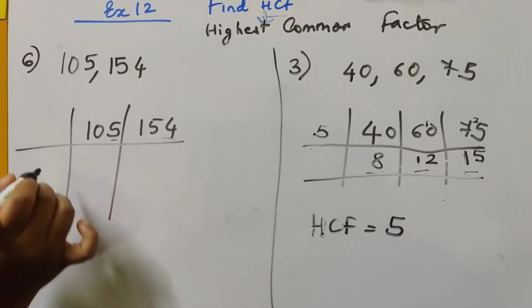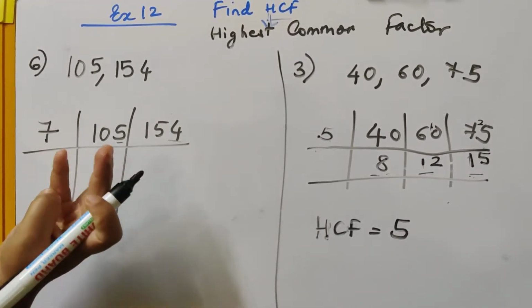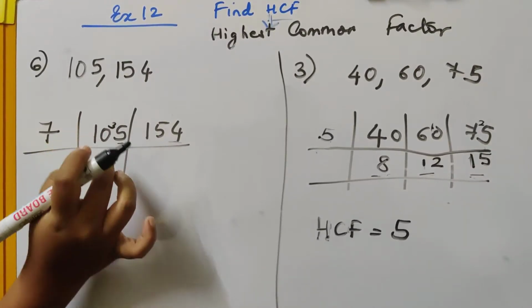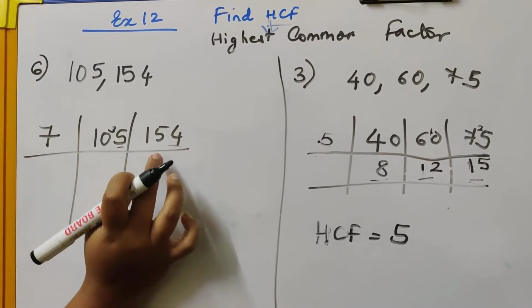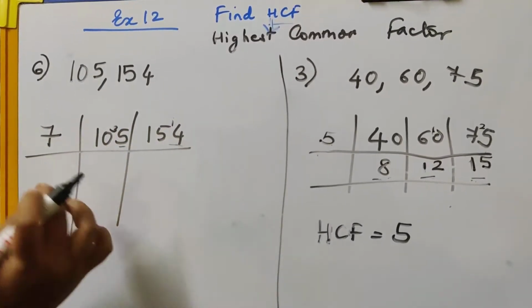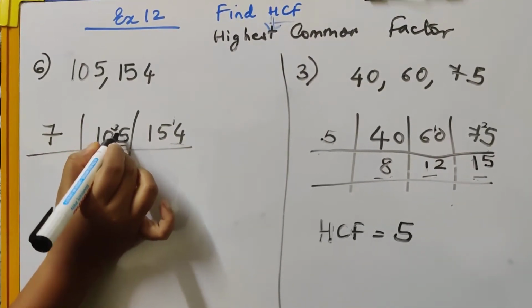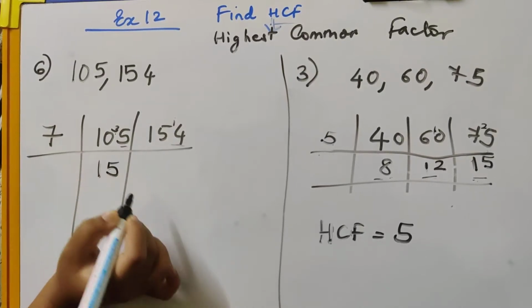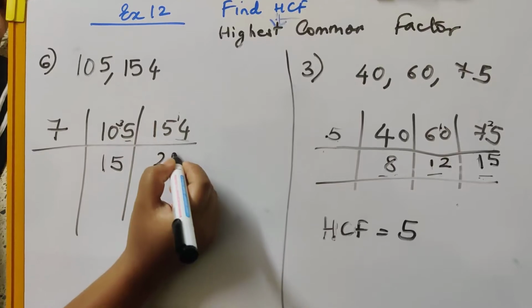Try the next prime, 7. Let's check with 7. 7 ones are 7, 8, 9, 10. I'll have a remainder 3, 7 5s are 35. Yes, this goes in 7. Let's see here before writing it here. 7 2s are 14, carry 1. I can use the table of 7. So I'll write 7 ones are 7, carry 3, that is 35. 7 5s are 35. 7 2s are 14, carry 1.